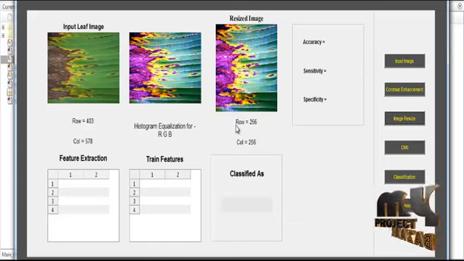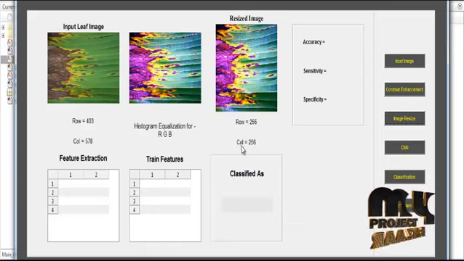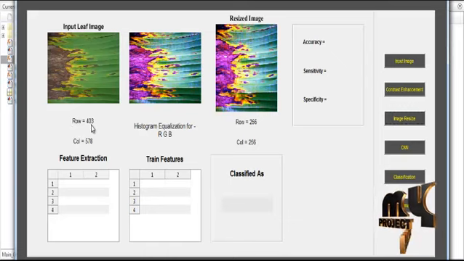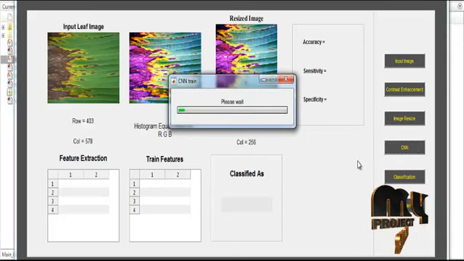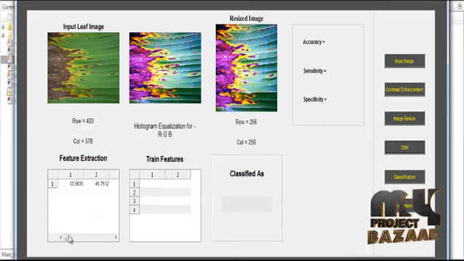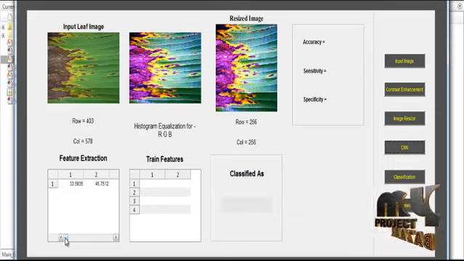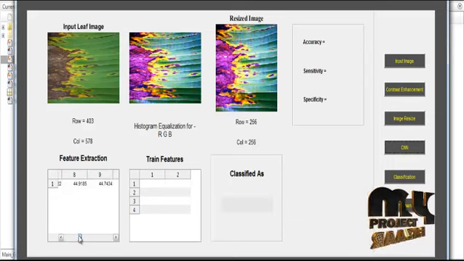Hence, the number of rows is 256 and the number of columns is 256. Before the resize, the number of rows is 403 and the number of columns is 578. After the resize, the rows and columns are 256. After the image resize, the CNN is applied to extract the features from the image. After the feature extraction, the corresponding feature values are shown in this table.